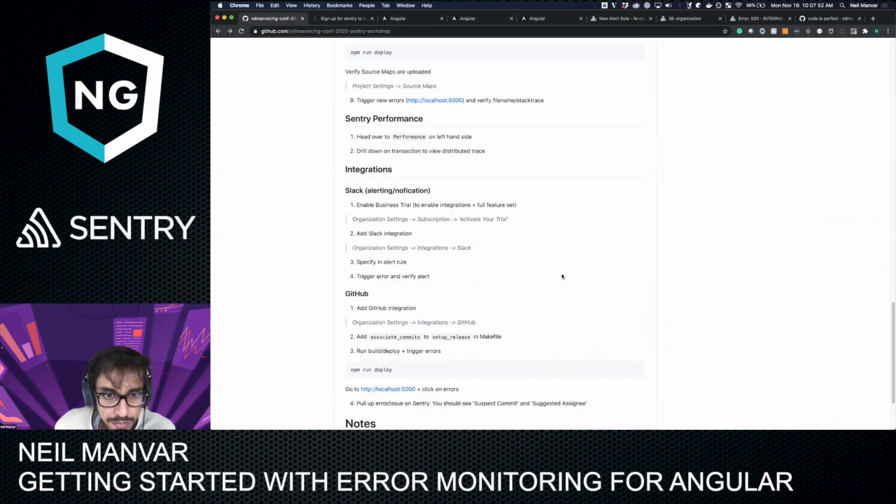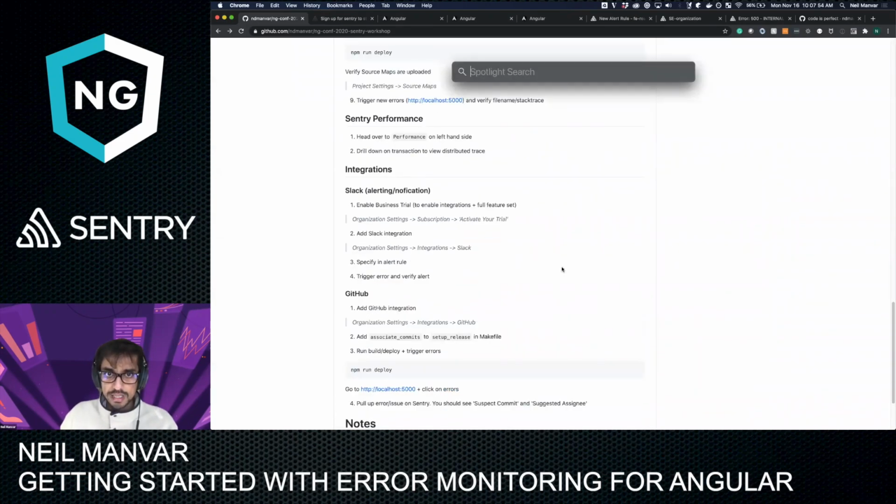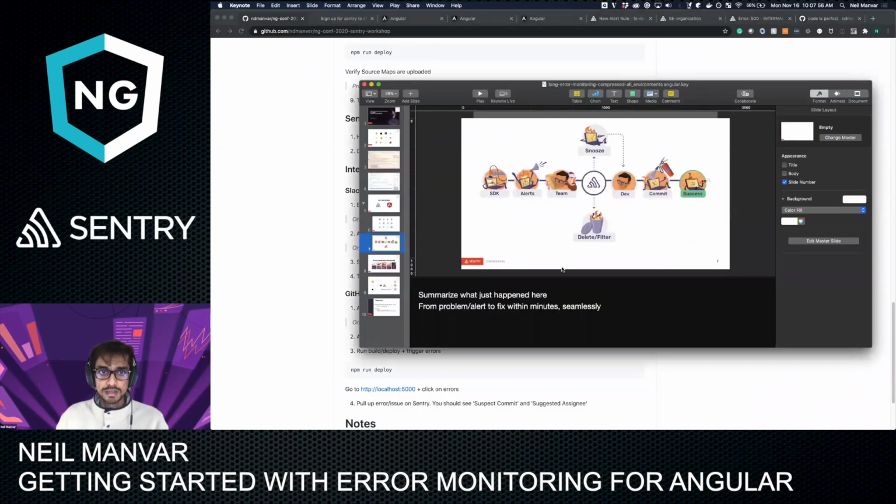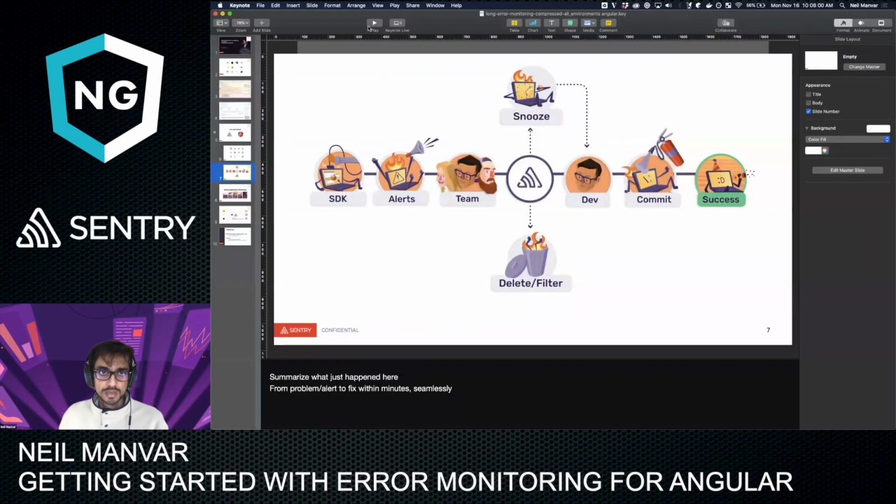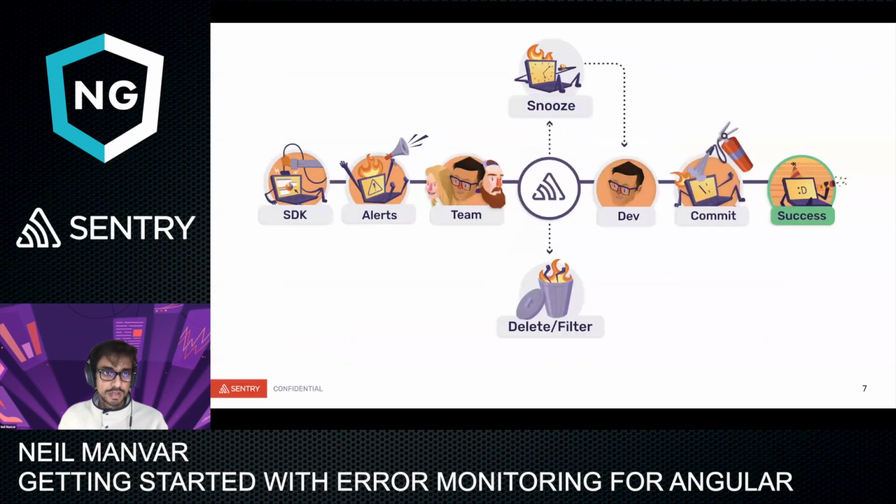And we're good. So let's recap all of this in terms of what we've done. Over the last hour and some odd minutes, we introduced the SDK. We did an npm install. We introduced the Angular SDK. We specified the proper configuration in the app module. That was a Sentry error handler and the tracing service as a provider, and then initialized the app accordingly